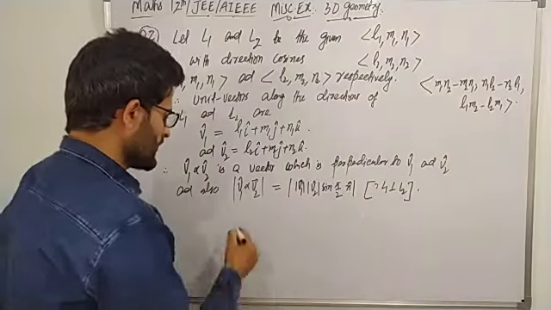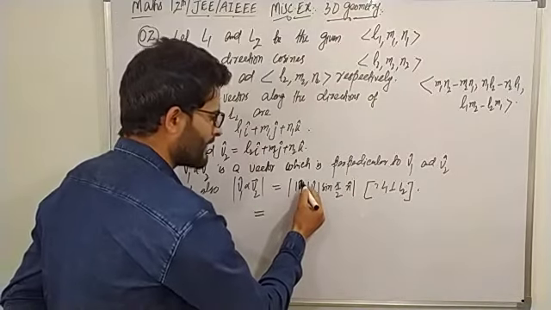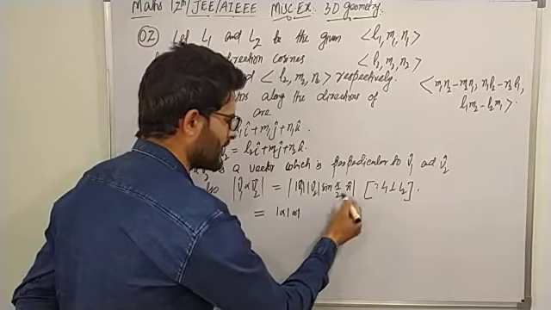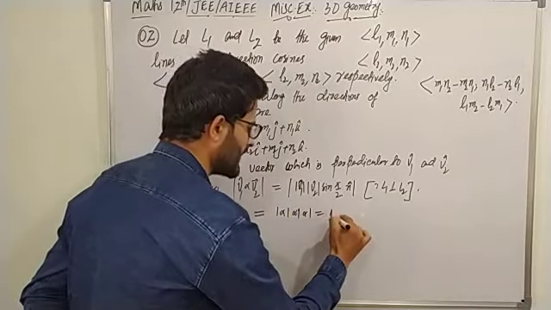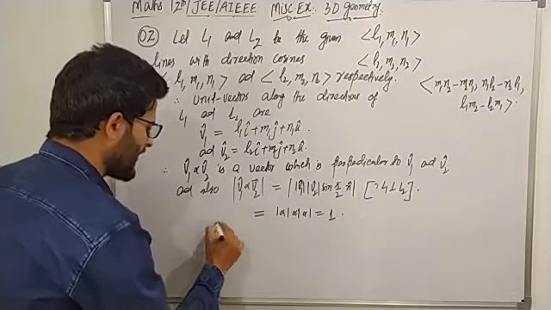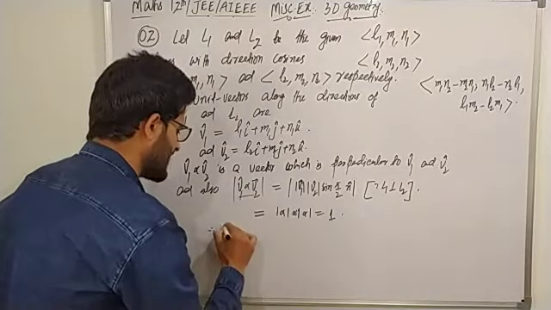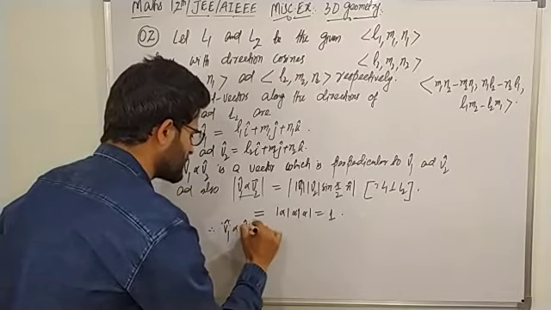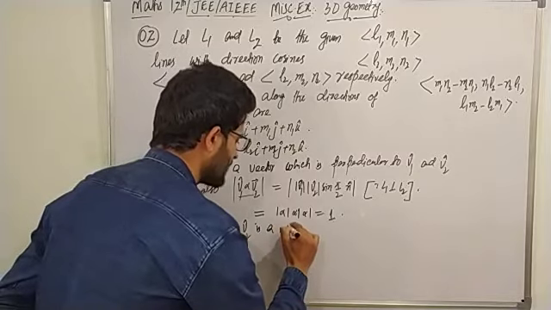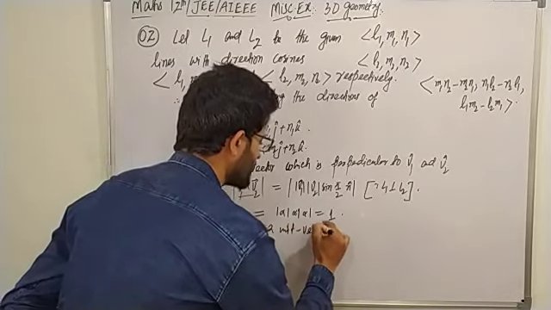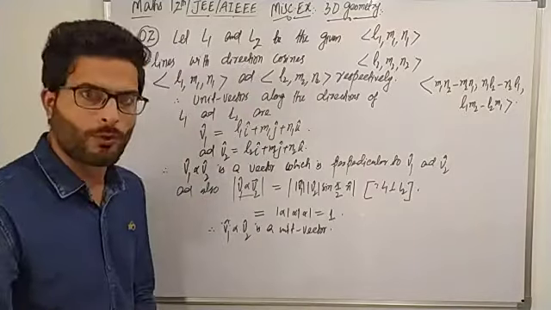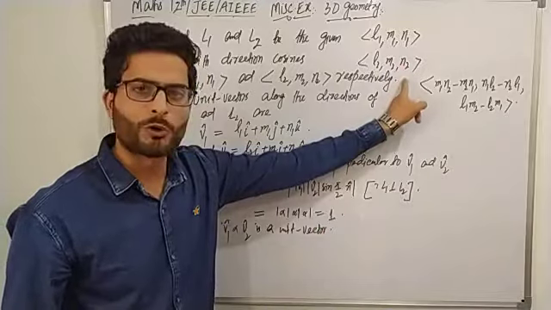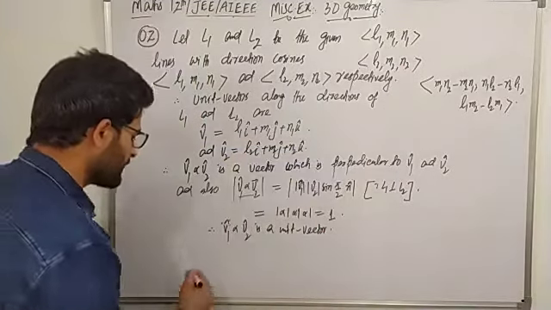Is that clear? So that's equal to magnitude of V1 cap is 1, magnitude of V2 cap is 1, sin 90 is 1, magnitude of n cap is again 1, and that's again equal to 1. So therefore magnitude of V1 cross V2 is 1. That is V1 cap cross V2 cap is a unit vector. और जो इस यूनिट वेक्टर के होंगे स्केलर कंपोनेंट, वही उस लाइन के होंगे डायरेक्शन कोसाइनस जो L1 और L2 पे परपेंडिकुलर है. सो देयरफॉर